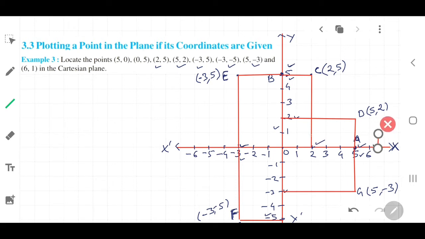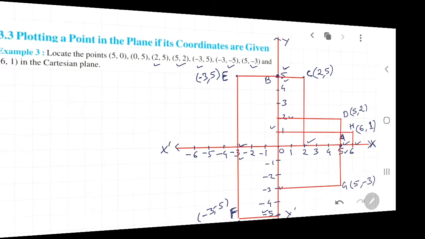And from here also you can extend it. Okay. Then from here you extend here till here. And you can name it point H. Correct? Give it point H and write the value. So first you write the value of x axis, that is 6, then y axis is 1. You got it, na? This is how we can plot